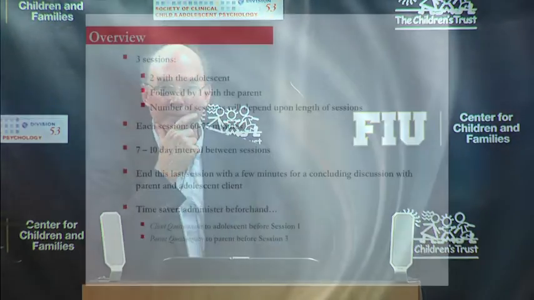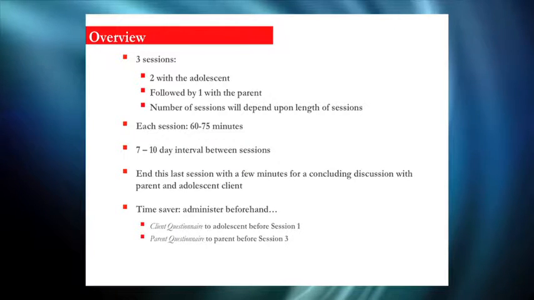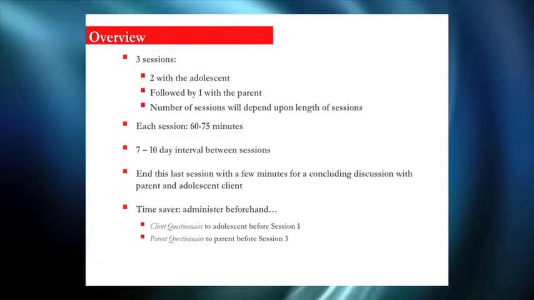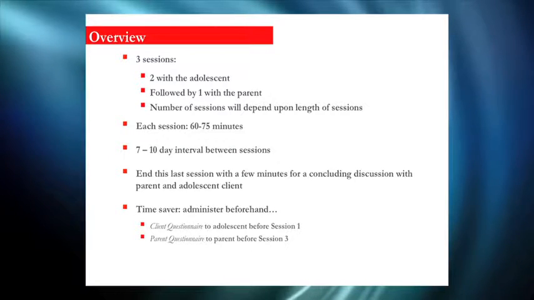Okay, before I leap into the actual intervention, anything on outcome or the evaluation data? All right. So to review, 3 sessions is the full version. First 2 are with the teenager and then followed by 1 with a parent, with the hope that you can have a small summit meeting, we call it, with the teenager and the parent at the end of the last session.